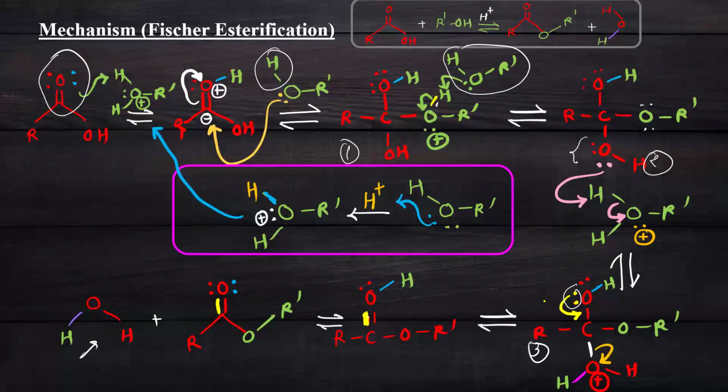The electrons from the CO bond are used to remove the water here. After the removal of water, we can see OH is also present. In the case of OH, the bond is shifted towards here and the bond is just removed. When the bond is removed, we get our compound back. That is our ester, and that is our water molecule. Finally, we can learn a lot from Fischer esterification, but now we will switch to our real mechanism.